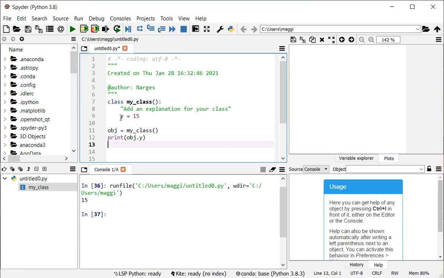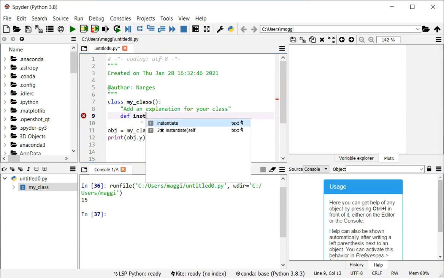In this example, y can be replaced by methods to define properties and behavior of the object. Methods are reusable and they can be called. They are divided into three categories: instance, class, and static methods. The most common type of method is the instance method, starting with the keyword def,